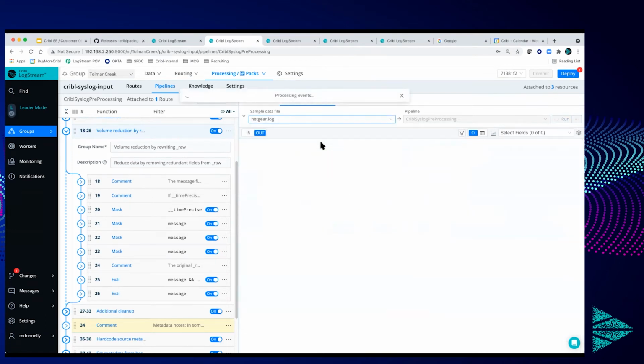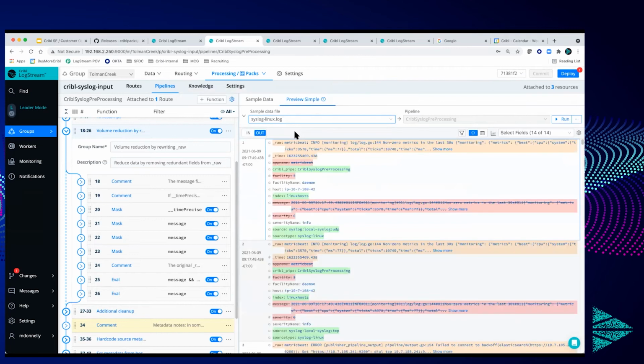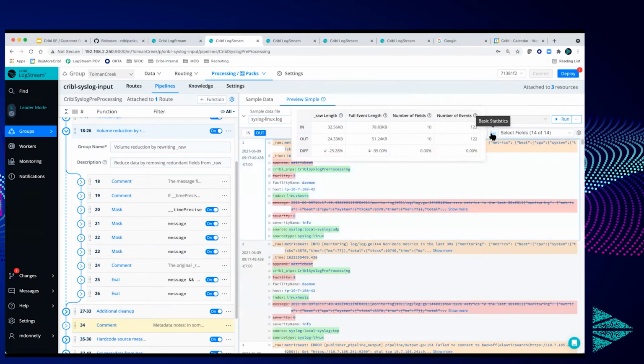If I go back to here, here's some networking gear. I had that first. And then finally, some data coming off of a Linux server. All this information gets volume reduction. If for no other reason than that, this is a benefit for you. But it's not just for that. It's also the other benefits like timestamp normalization and the piece I'm going to show next, which is,